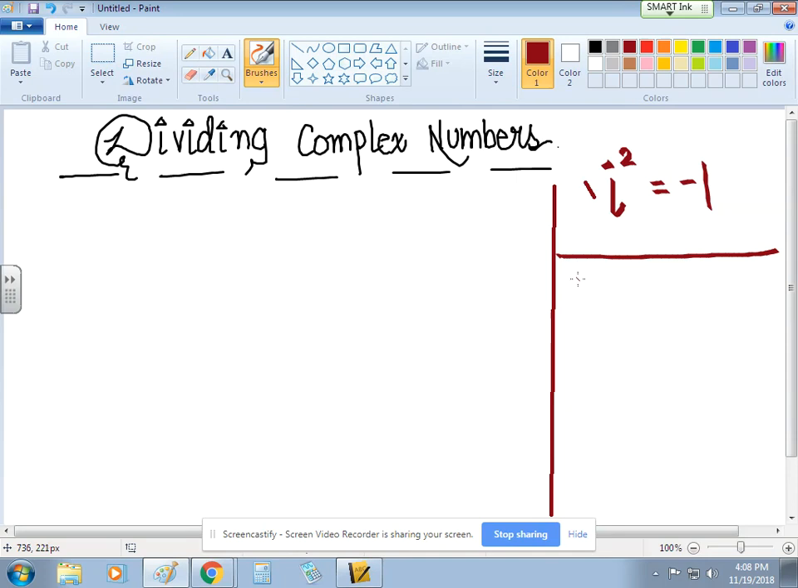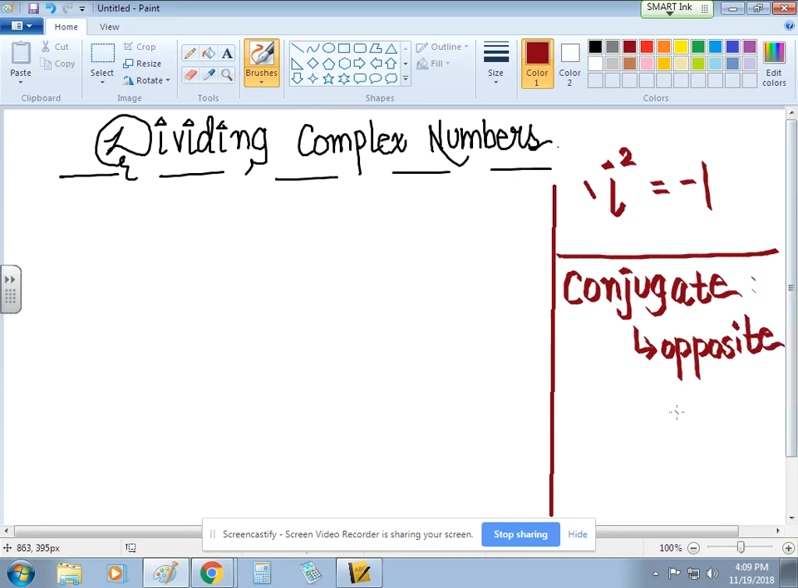The second thing you need to know is the meaning of the word conjugate. So, conjugate basically means it is the opposite sign. That when we change the middle sign, or the sign of the imaginary number, to its opposite, that is called the conjugate. So, for example, 3 plus 4 iota is the conjugate of